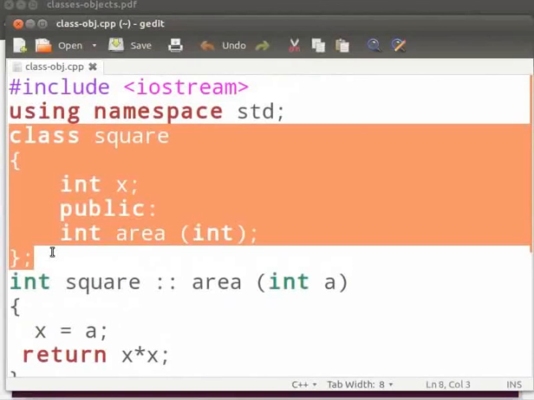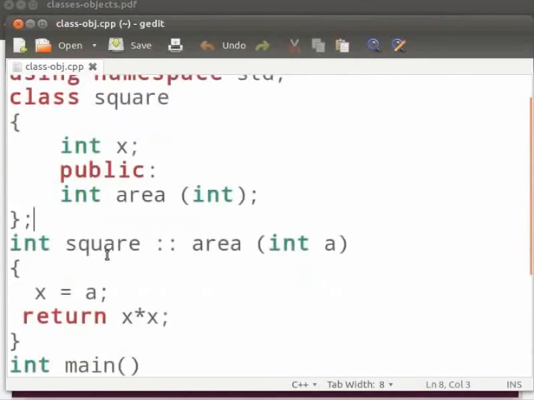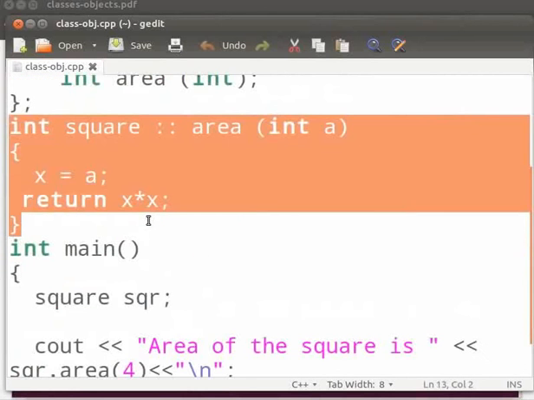So far we have seen the data and functions combined together in a class. Class is a single unit in which the data and the function using them is grouped. This mechanism is called as encapsulation. Then we have seen class with the private and public members. The private data is hidden. It cannot be accessed outside the class. This mechanism is called as data abstraction. The interface is seen but the implementation is hidden.